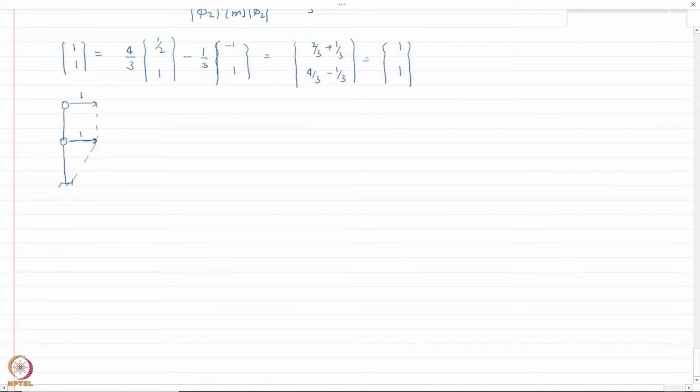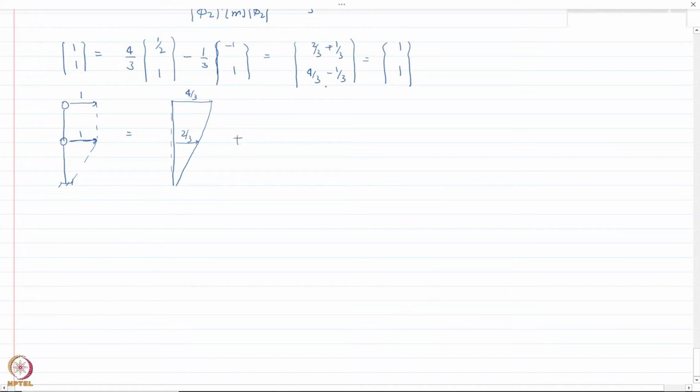Now this is equal to, if you look at the first mode, the values are 2 by 3 and 4 by 3. So I can just write it like this. This is 4 by 3 and this is 2 by 3 here,